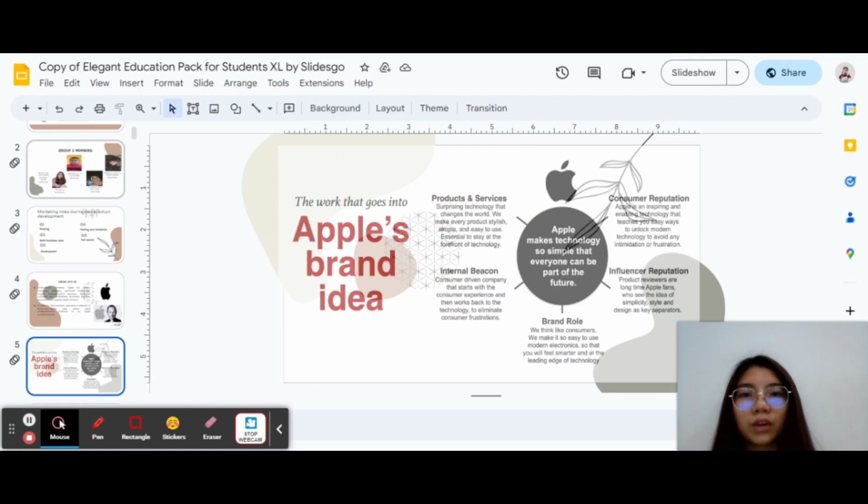So now I would like to talk about how Apple pops out the idea. There are 5 types. The first is products and services. Surprisingly, technology that changes the world. Apple makes sure that the product is stylish, simple, and essential, easy to use, essential to stay at the forefront of